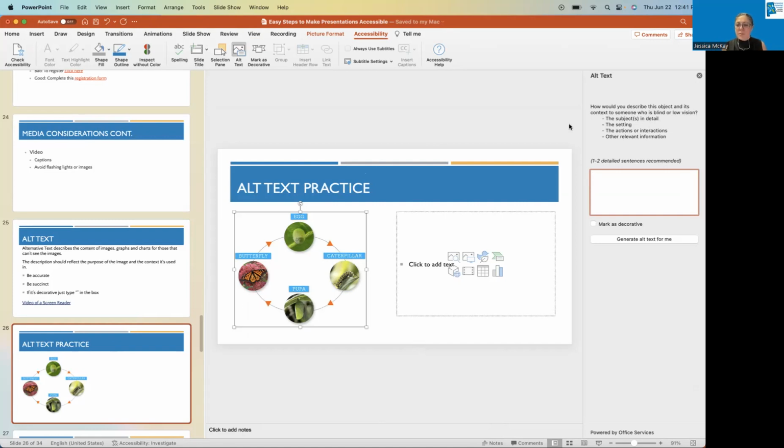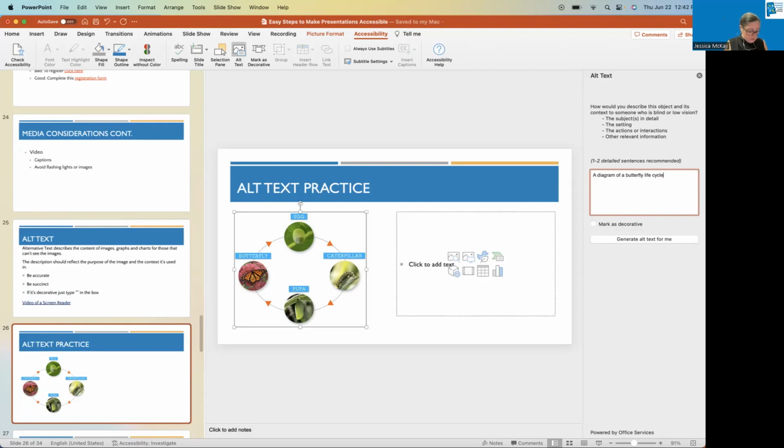And it gives you some things you may want to include: subjects in the detail, the setting, the actions or interactions, or any other relevant information. Just for fun, I'm going to see what happens if I generate the alt text. Here it just says a diagram of a butterfly life cycle, which actually isn't bad. I mean, it's true, that's what it is. But maybe I need to provide some additional information.